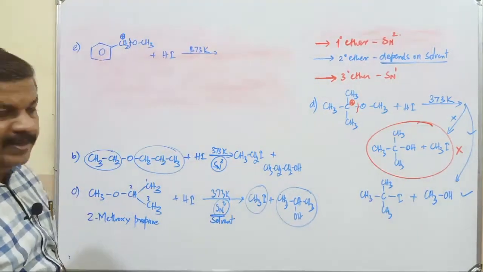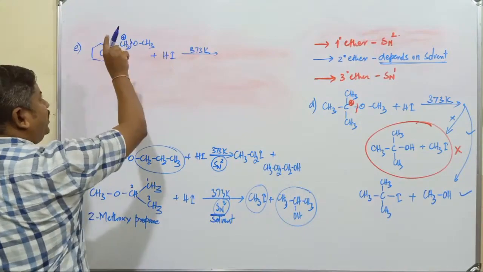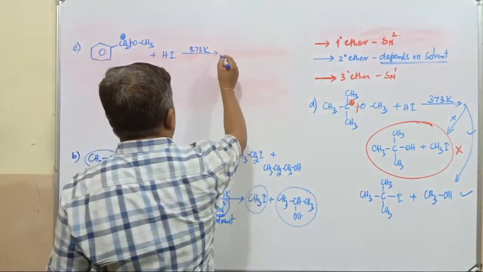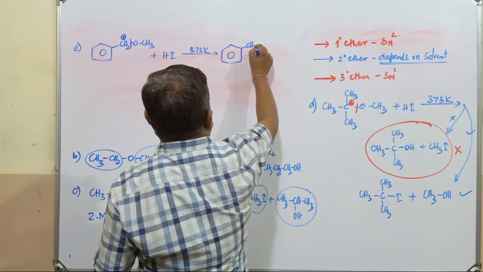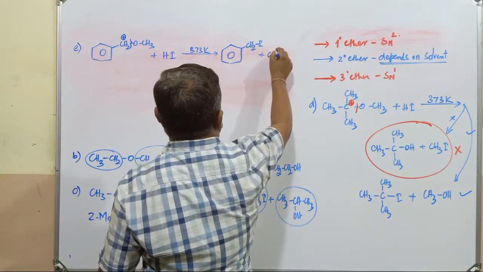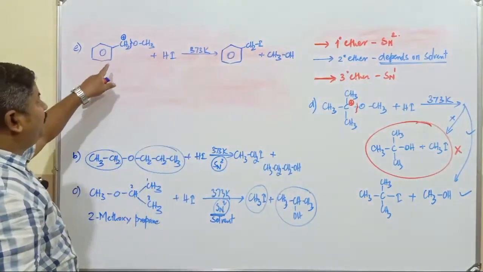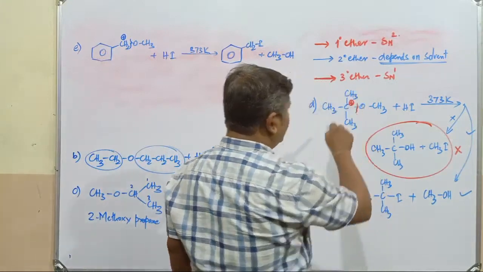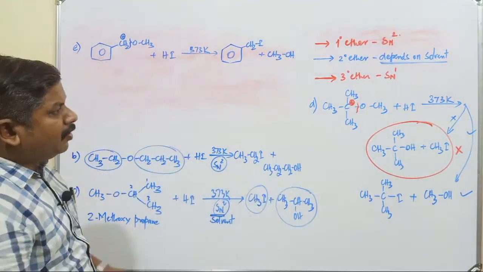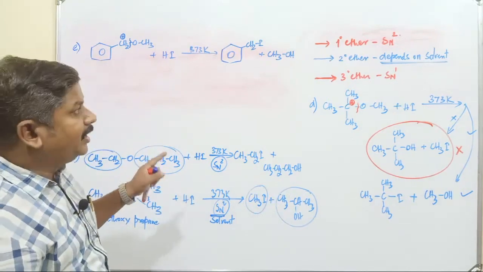Here also iodination takes place. When such a benzyl carbocation forms, iodine is added to the respective carbocation. So the compound obtained here is CH2I plus CH3OH. Carbocation like benzyl carbocation is stabilized by resonance, and so is tertiary butyl carbocation. In all other cases, iodine is added to the smallest alkyl group.